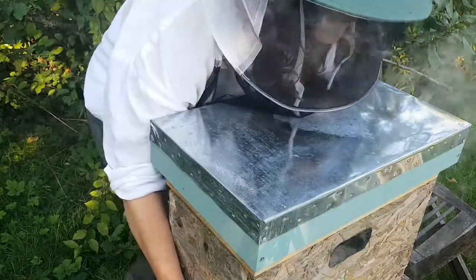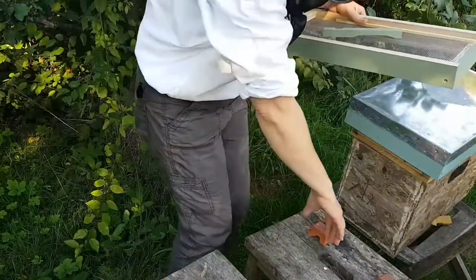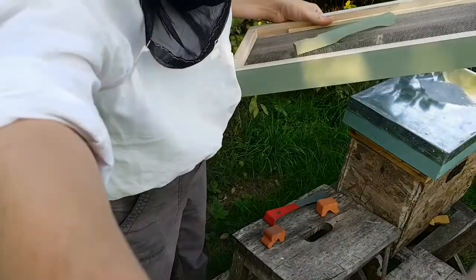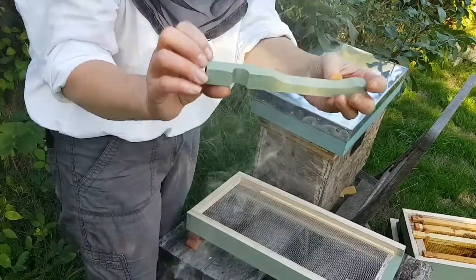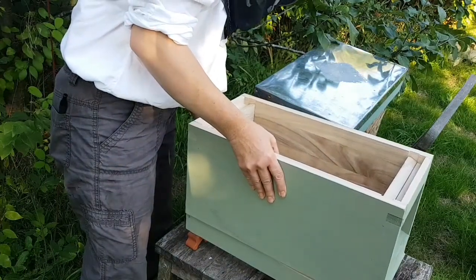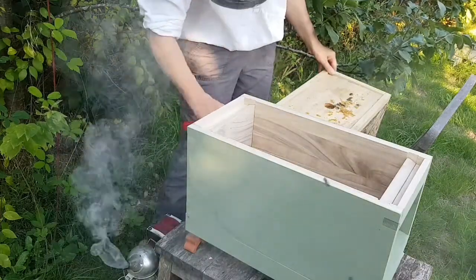I'm going to move it to one side. Now this nuke has an entrance facing the other way, so move it. I hope you can still see what I'm doing. It's got a little entrance. Sorry, I'm in the way. That's moth. They're dead. Now this crown board